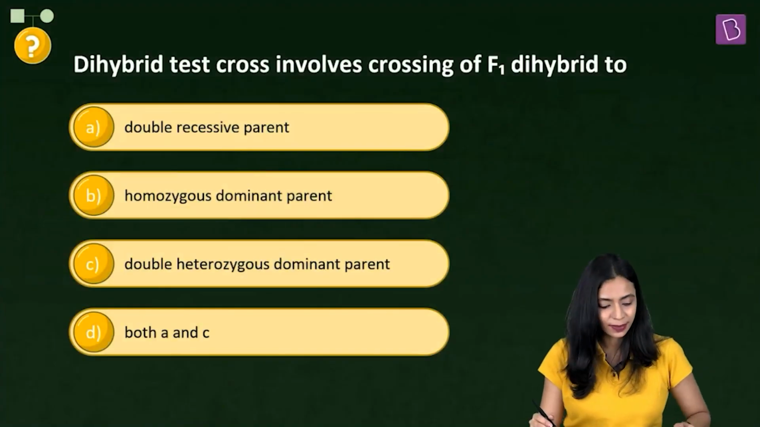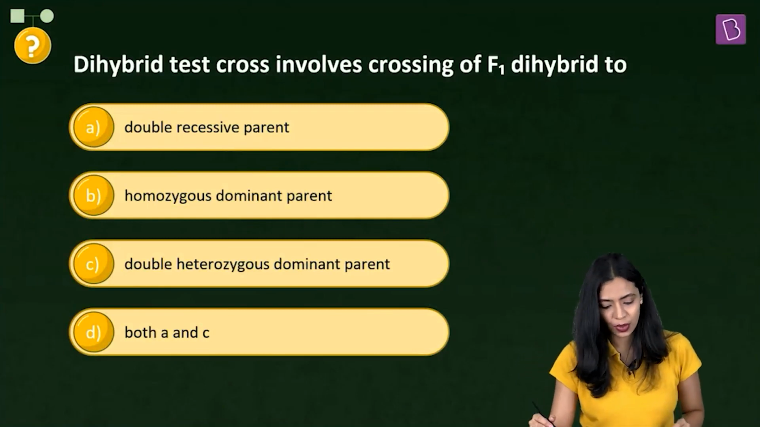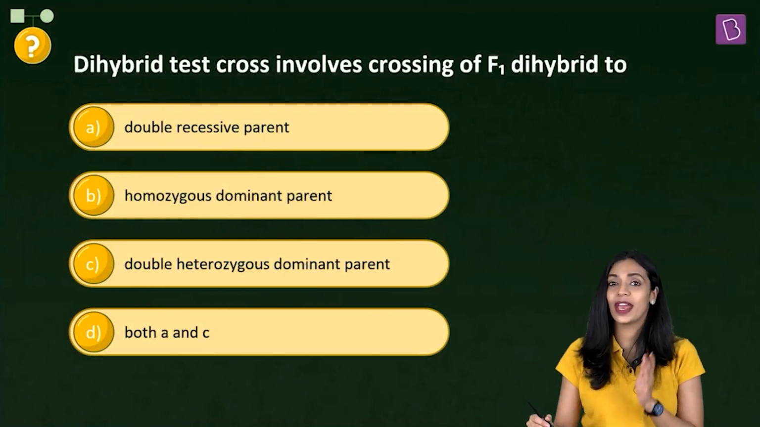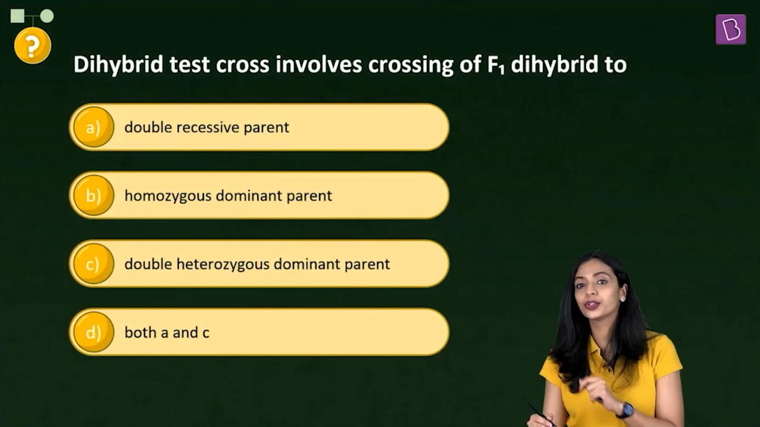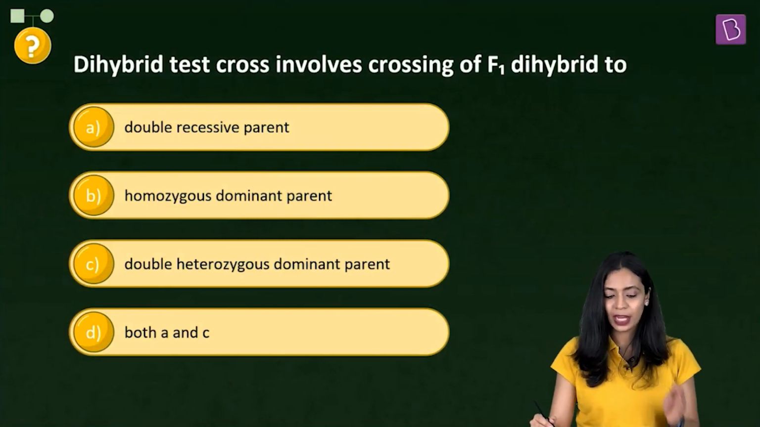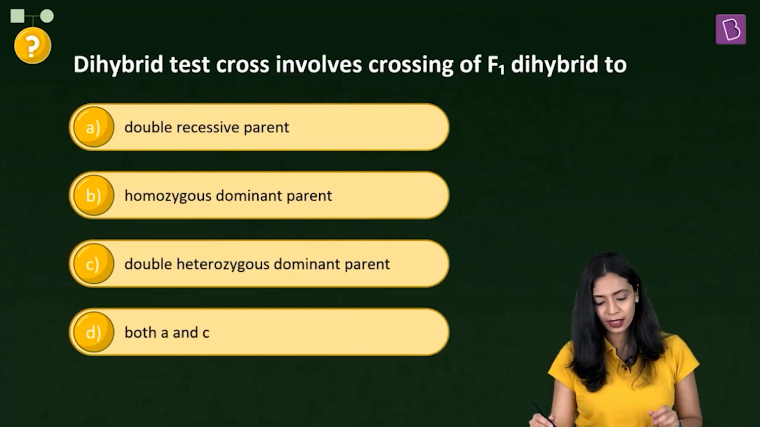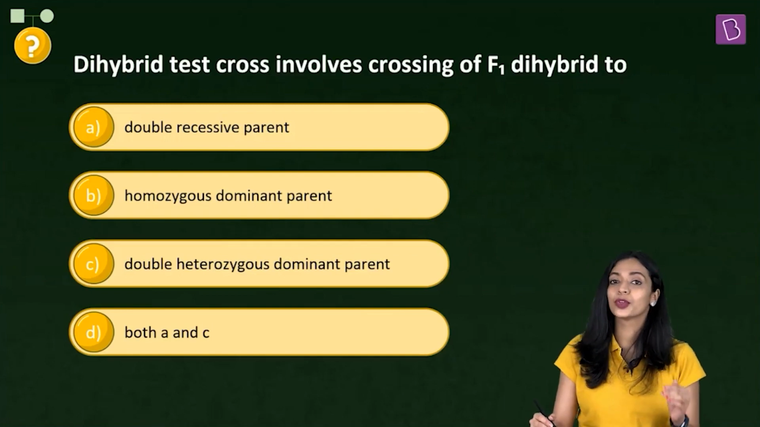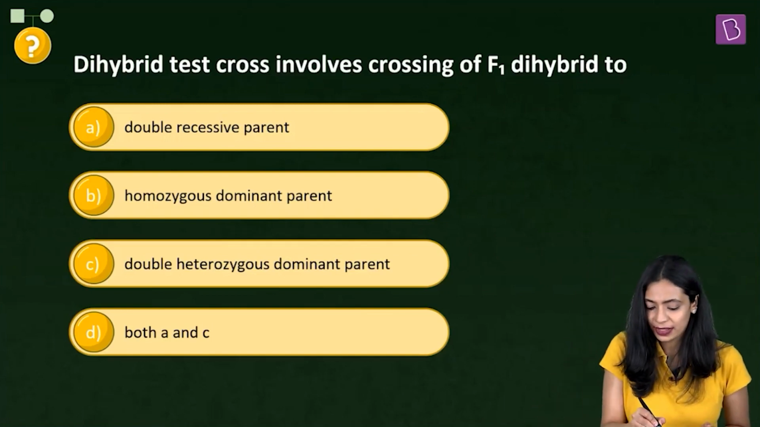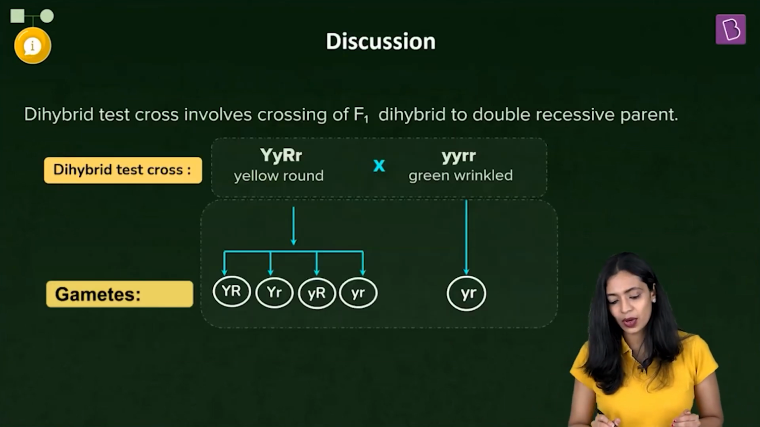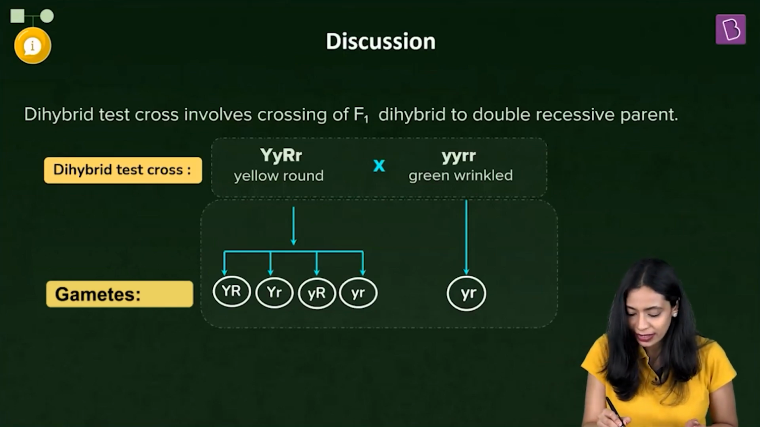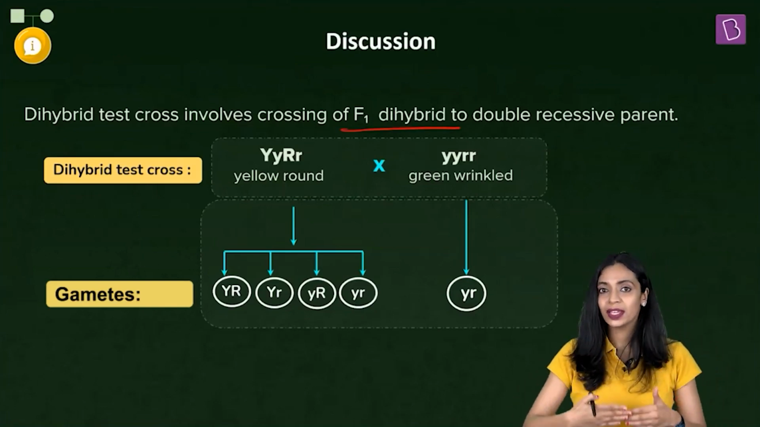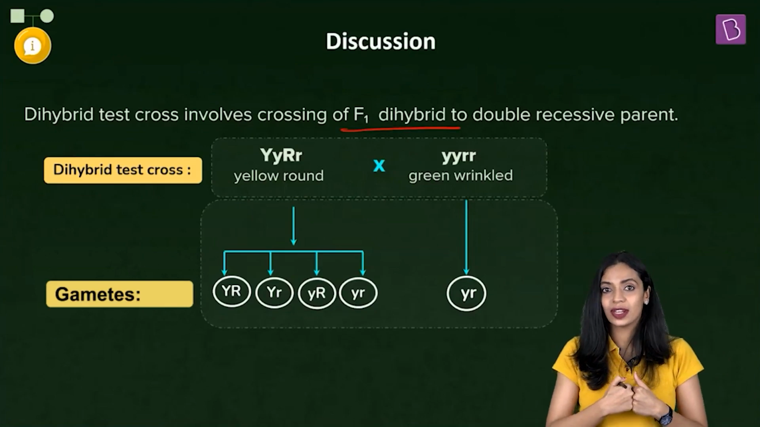Here is the question. Dihybrid test cross involves crossing of F1 dihybrid to, in the options we have double recessive parent, homozygous dominant parent, double heterozygous dominant parent, and option D, both A and C. Now, what is a dihybrid test cross? It is a cross in which the F1 dihybrid, that is the offspring that is obtained in the F1 generation